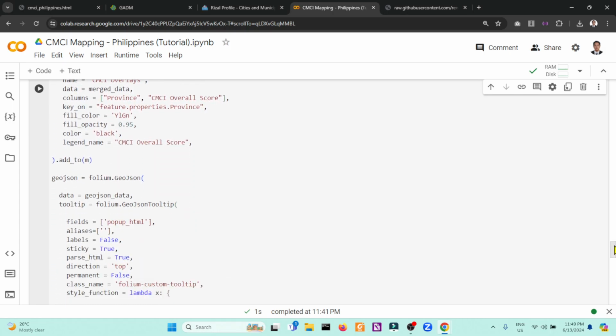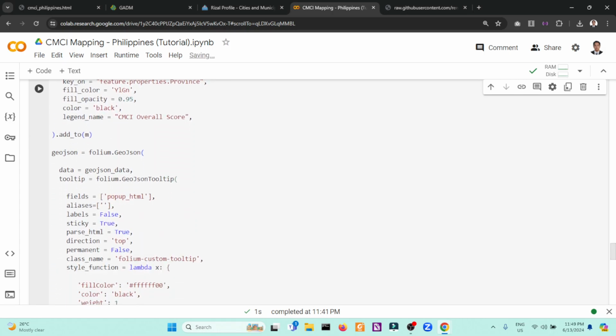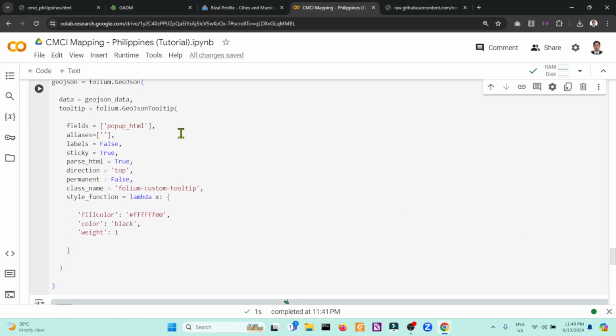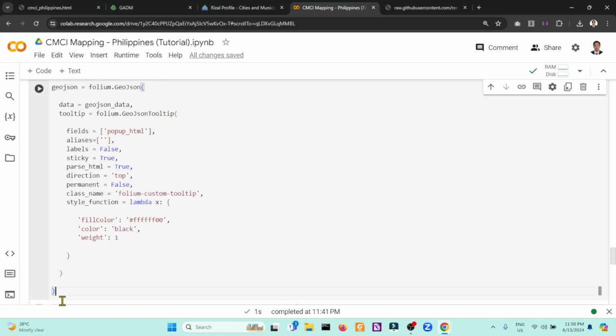So add, m, GeoJSON. Okay. So we have GeoJSON here. Also, we have a GeoJSON tooltip from here. So it's finishing right here. The GeoJSON data will be finishing right here.